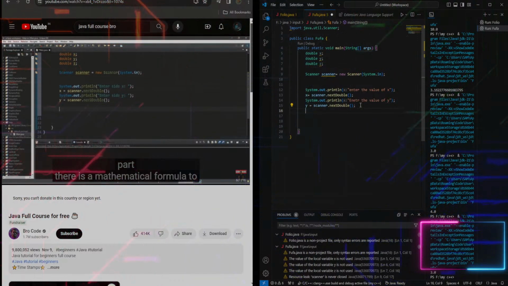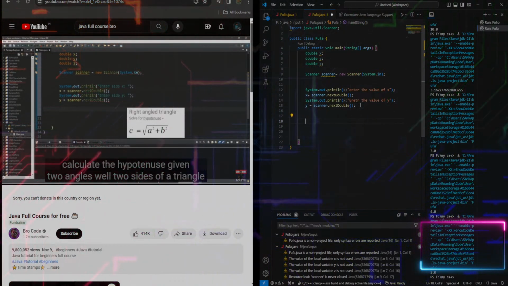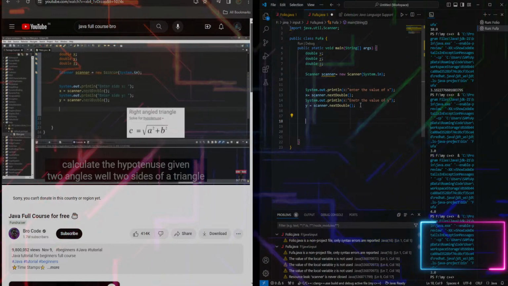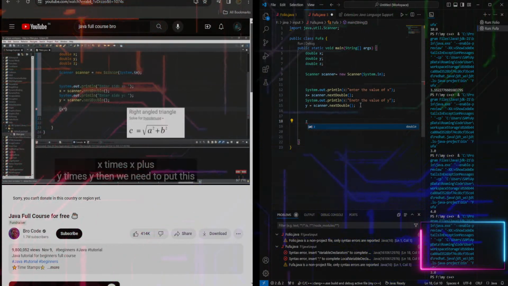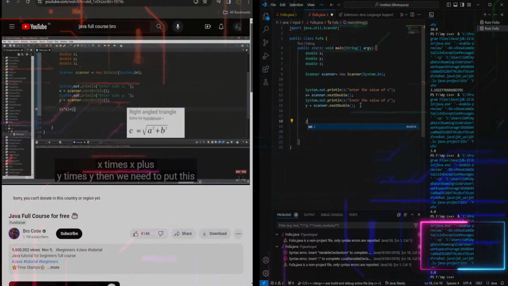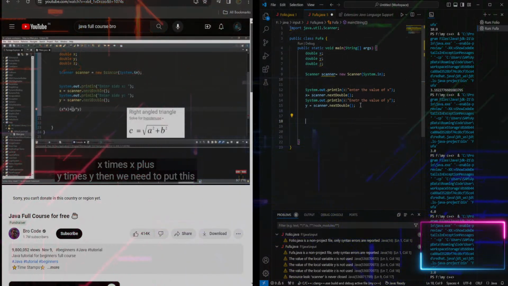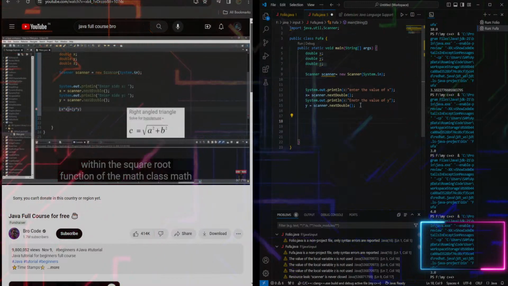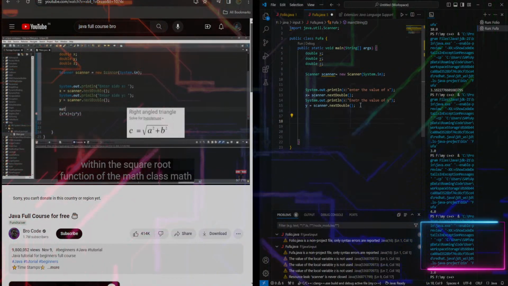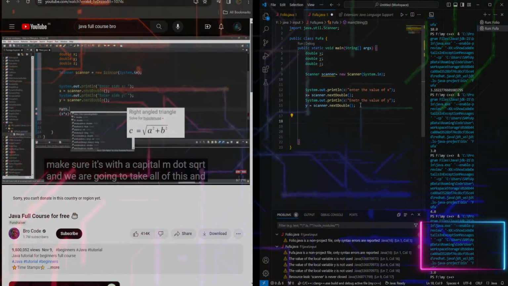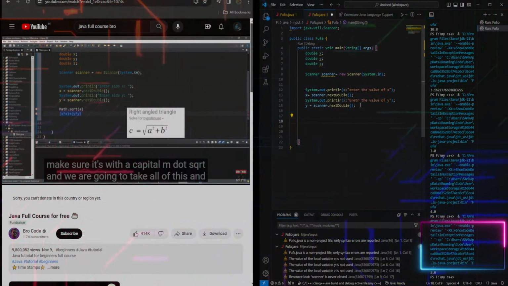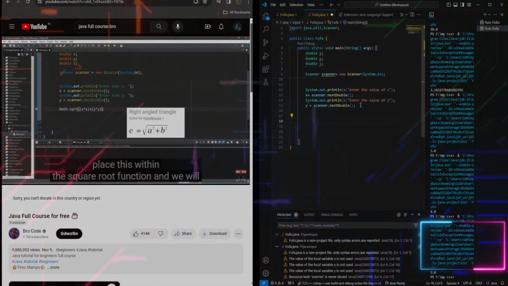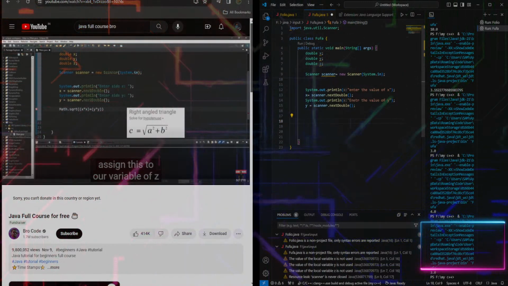Now here's the tricky part. There is a mathematical formula to calculate the hypotenuse given two sides of a triangle. So this is what we're gonna do. First, we'll multiply x times x plus y times y. Then we need to put this within the square root function of the math class. Math, make sure it's with a capital M, dot sqrt. And we are going to take all of this and place this within the square root function. And we will assign this to our